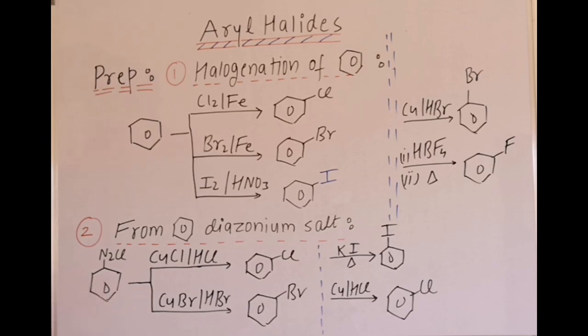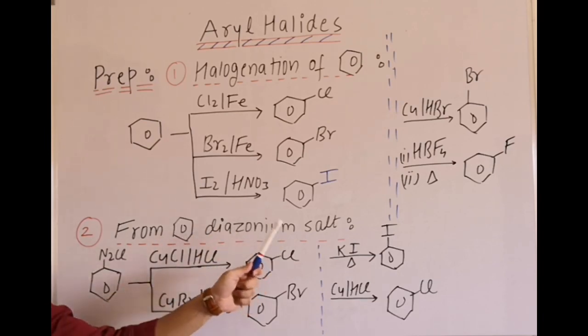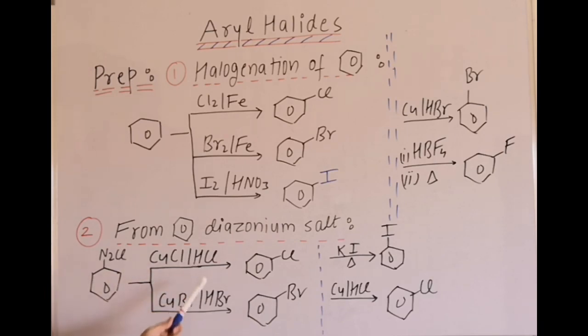Fine. Then next is from diazonium salt. From benzene diazonium salt, we can prepare aryl halides, like here CuCl/HCl or Cu2Cl2 with HCl will give chlorobenzene. Now these two are the Sandmeyer reaction, and in this reaction a free radical intermediate is formed, that is the phenyl radical. Although the mechanism is not required because it is not given, but the products are very important